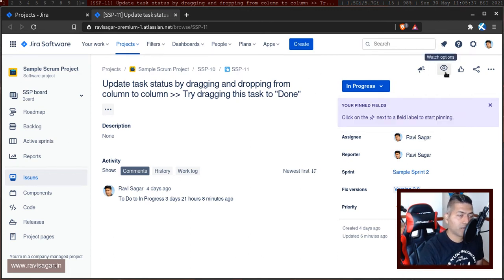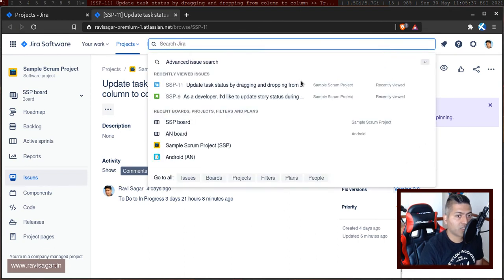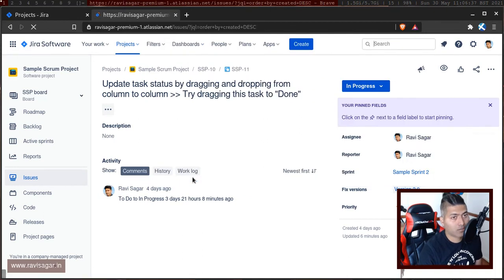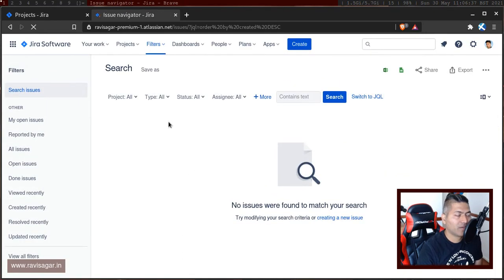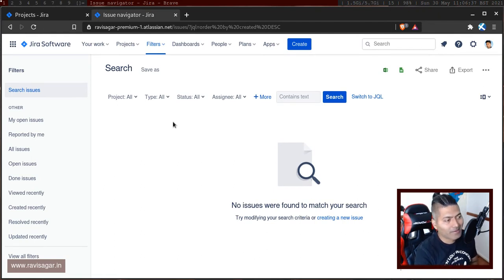This is something that I think is important to know, because you're not supposed to modify these issues. They are just for your reference. And I believe if you try to search, if you go to the issue navigator, you should not be able to find those issues. So this is, I think, a good feature, because there is a need to archive issues or projects in Jira, which was not really there on the server version, but on the cloud version and also on the Jira data center version you can, and that is, of course, one difference.